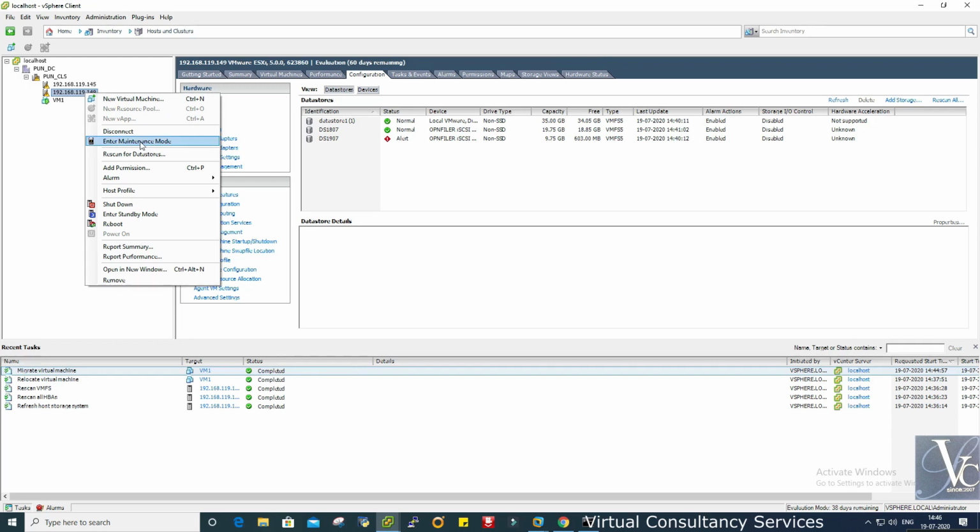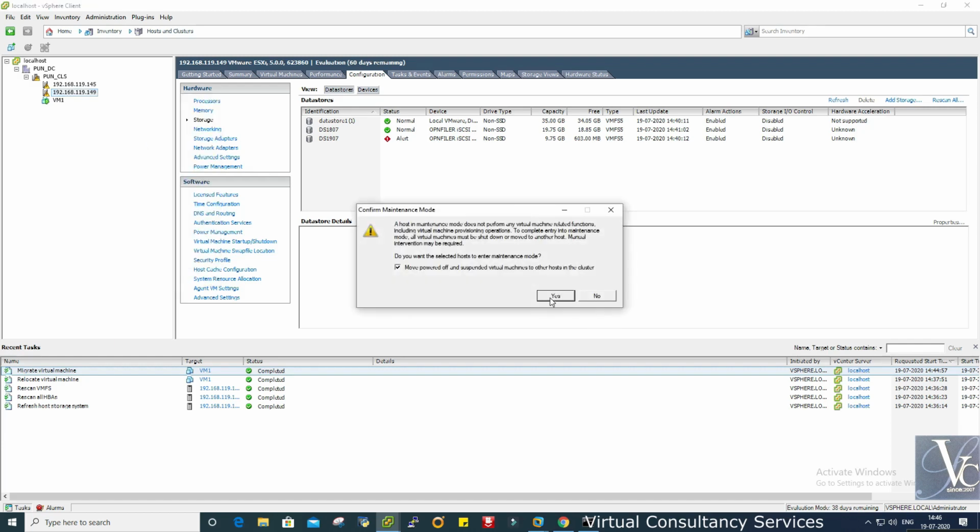Now it is on 119.149. So I will do one manual failure, that is, we will keep this host in maintenance mode, so that we can consider it as a maintenance activity, and in that case the VM from this host should live migrate to another ESXi host without any downtime.